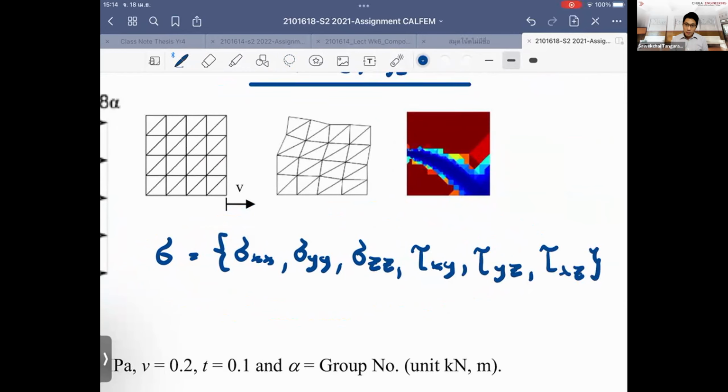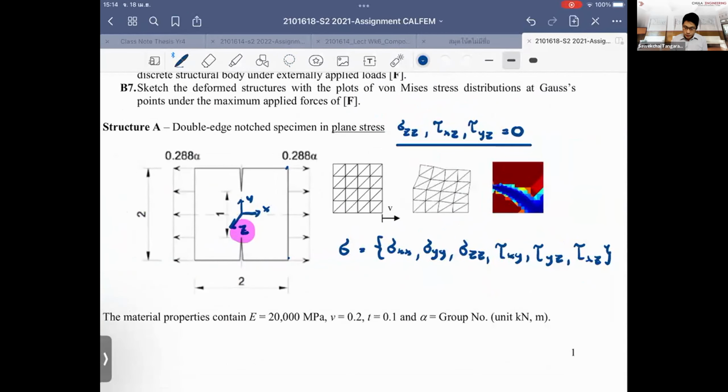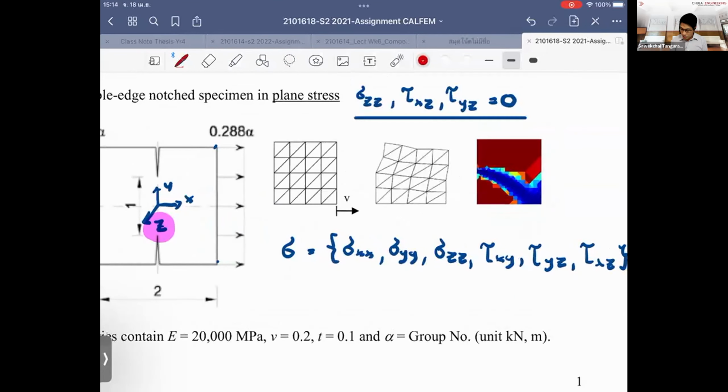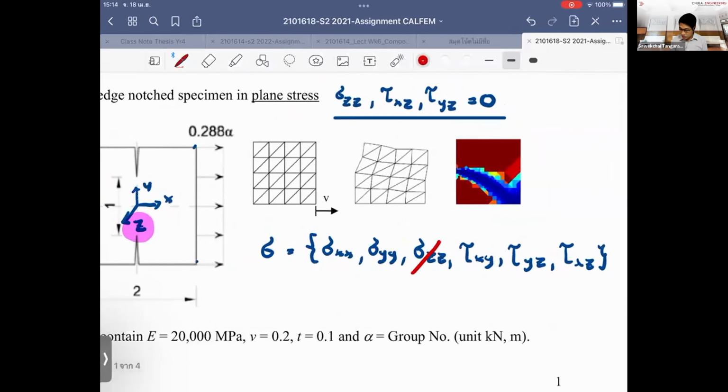So if we make the simplified assumption in the plane stress, I can simply say that the value of these unknown variables, because they are in the perpendicular direction, all go to 0. So by having this, I can reduce the stress tensor from 6x1,